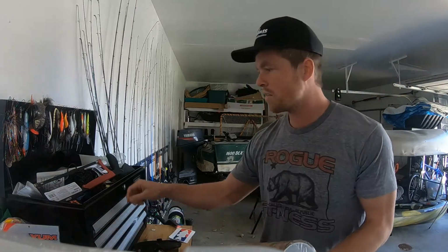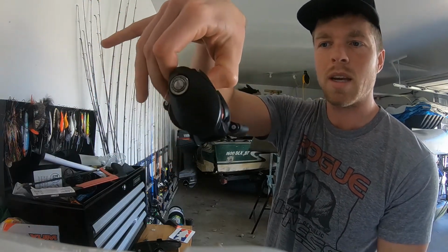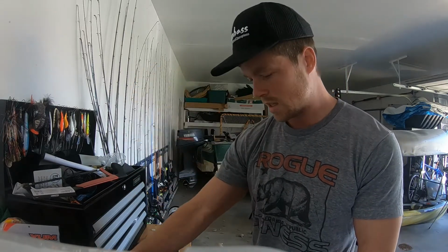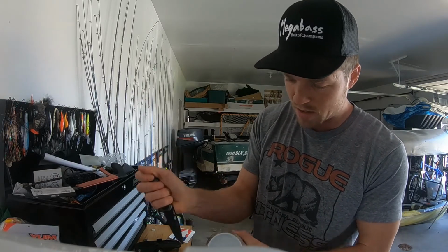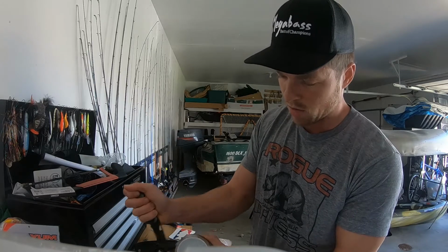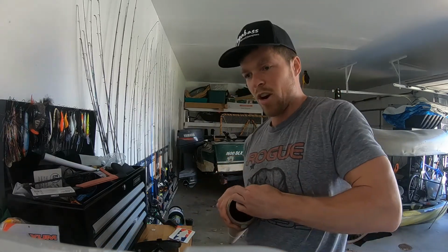But I have this Daiwa Fuego reel here, which is kind of a lower mid-end Daiwa reel. It's a really nice reel, really good price for the money, but it's not like a Tatula quality. I just had this sitting on a rod that I never really used, and I was like, you know what, I need a dedicated crankbait jerkbait setup. I have one crankbait rod and it gets quite a bit of use, and I wanted another crankbait or jerkbait rod. And if you don't know the reason for buying a specific rod for crankbaiting or jerkbaiting,